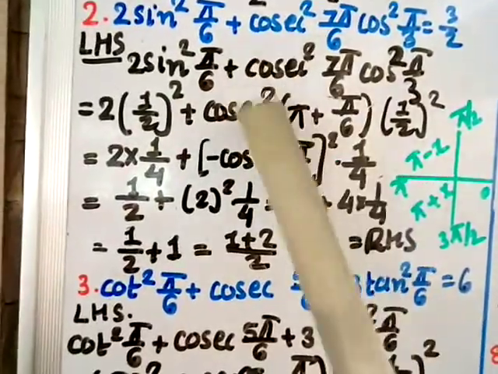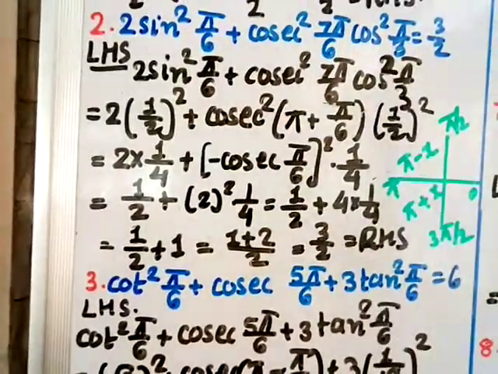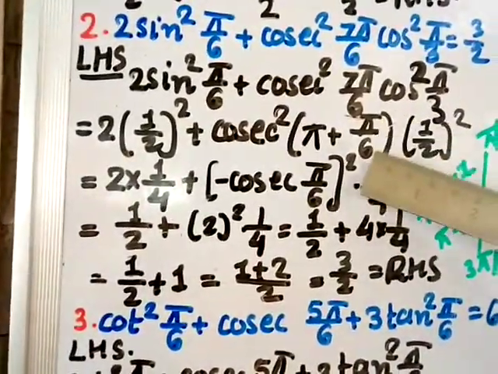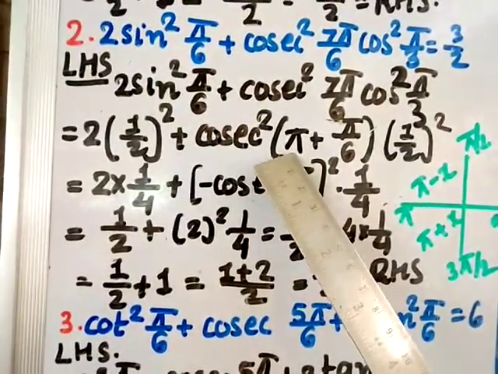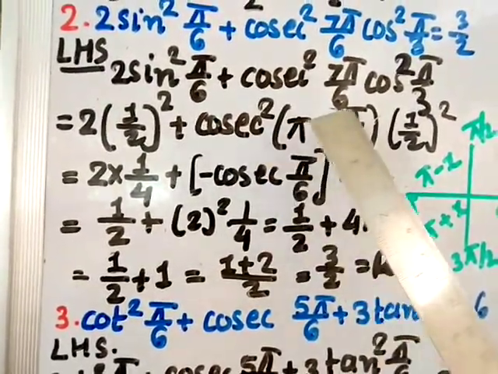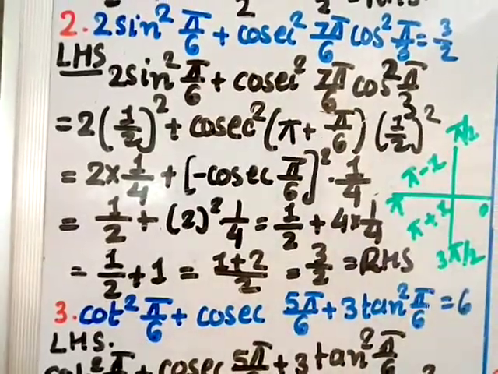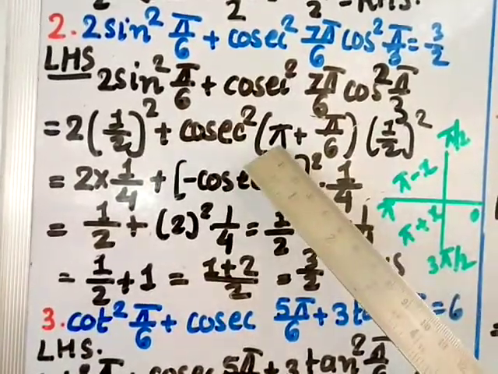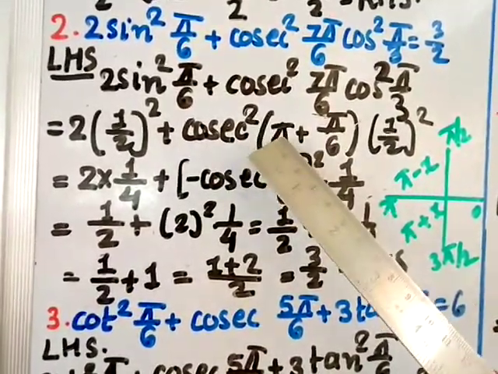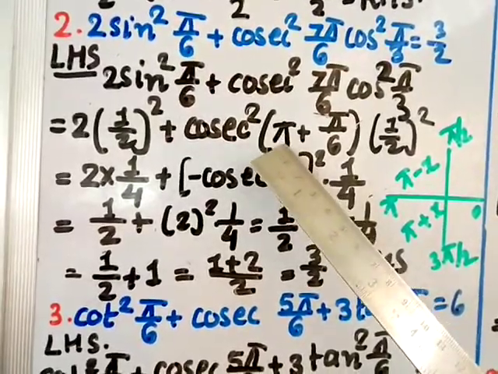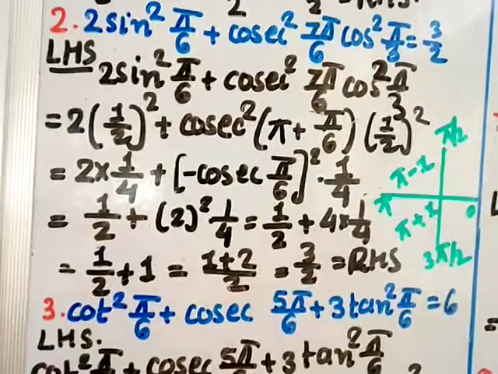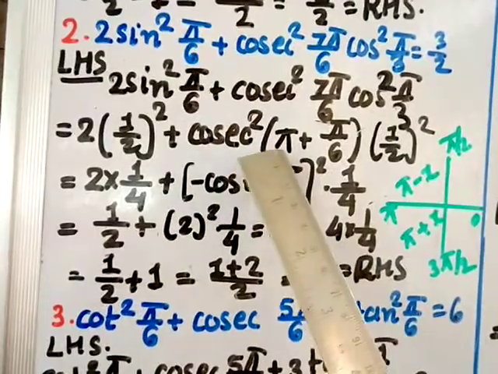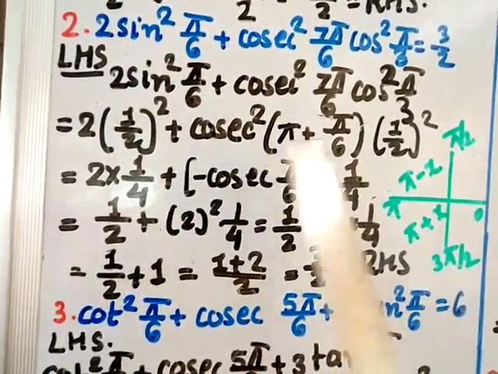Now this value is not in the first quadrant, so we shall bring this in the first quadrant. How to bring it here? Here pi by 6 is there, so you write pi by 6 here. Now here you should put a multiple of pi such that its addition with this or subtraction from this gives you 7 pi by 6. So pi by 6 you write here, and if I put 1 pi, 6 into 1 is 6, so 6 pi plus 1 pi gives you 7 pi. So if I put here pi, I'll get 7 pi by 6. So the right choice is pi here, or 1 pi. 1 we do not write, so pi only.